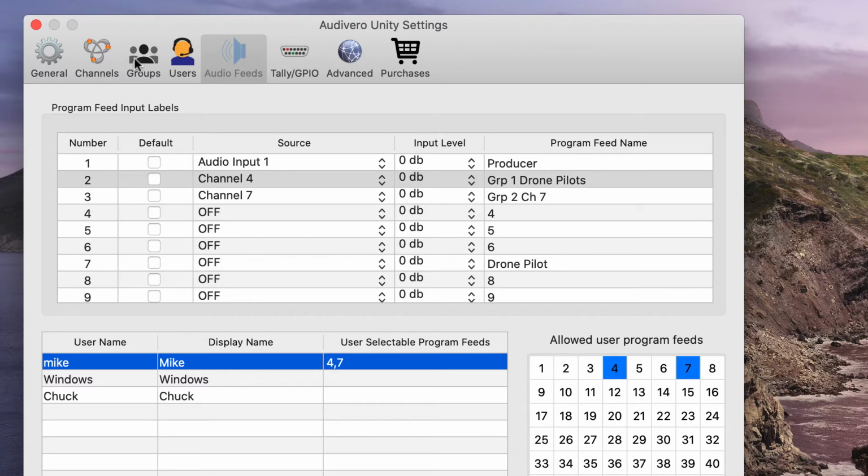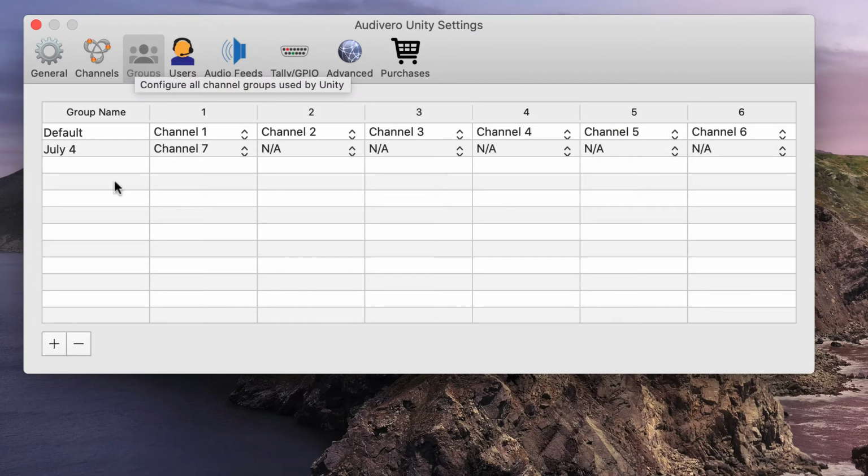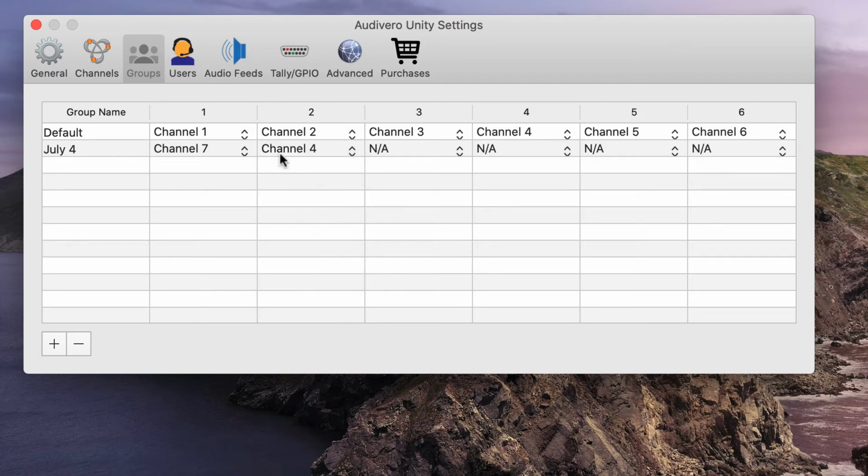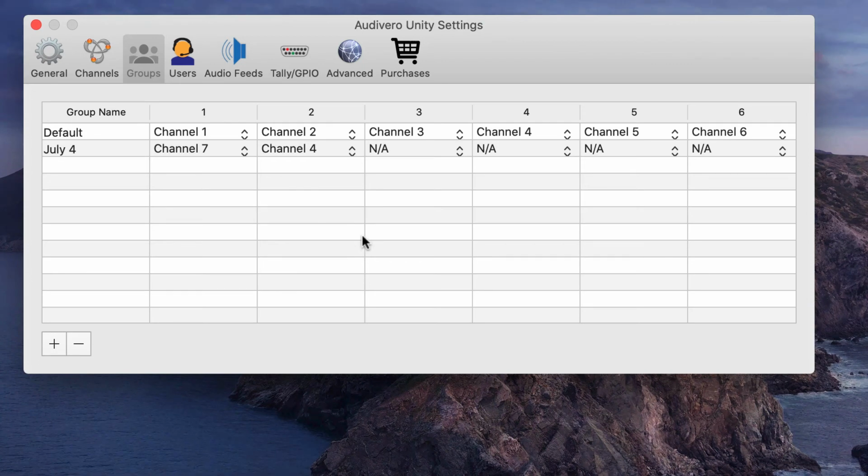So here's what I mean by that, and I won't dwell on this too long. In this July 4th group, this is just kind of an example. Let's say I wanted to monitor channel 4, because channel 4 is the drone pilots. I need to be listening to those guys constantly. Well, I could always come in here and make the drone pilots channel appear in the second group. But that's problematic because everybody in my second group, my July 4th group, would be able to hear the drone pilots, and I'd have to make sure that I set them up so they can't talk to them and all that stuff. Or I can just leave the drone pilots group alone, keep it out of my second group, and